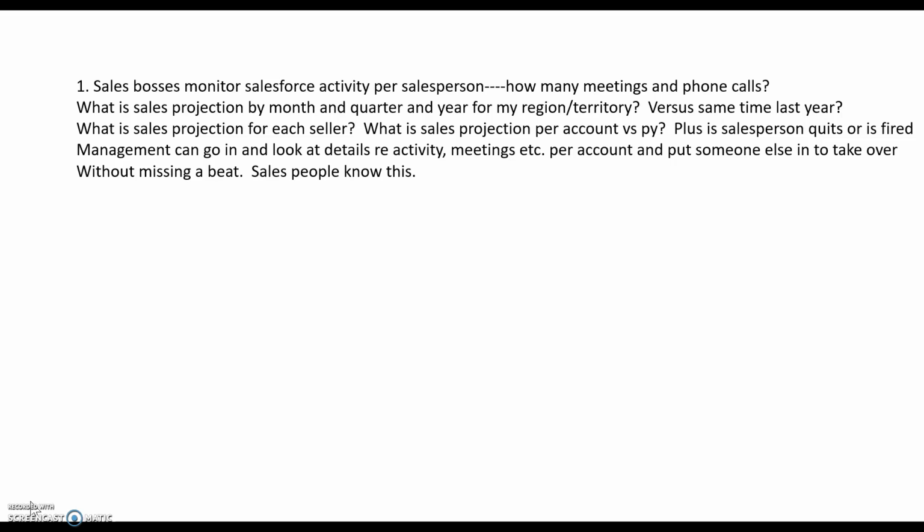Maybe they miss a beat. You've got to introduce another seller, and they've got to build a relationship, but at least you're not starting from zero. And by the way, salespeople know this, and that's one reason why they don't like filling information in Salesforce, because they're